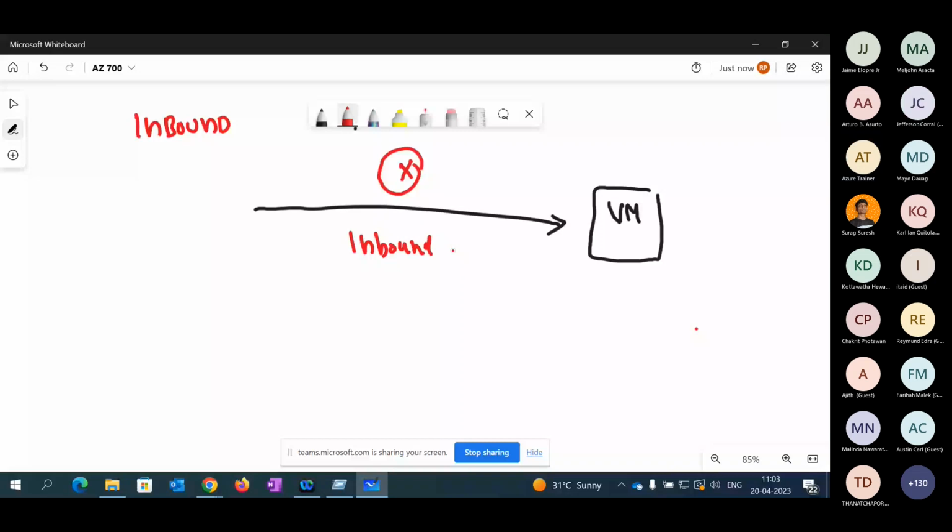Right now, if all the inbound connections are blocked, getting an RDP may be the first question. The thumb rule in Microsoft is, whenever you create any VM, by default all the connections are blocked, whether it is RDP or HTTP, everything is blocked by default.